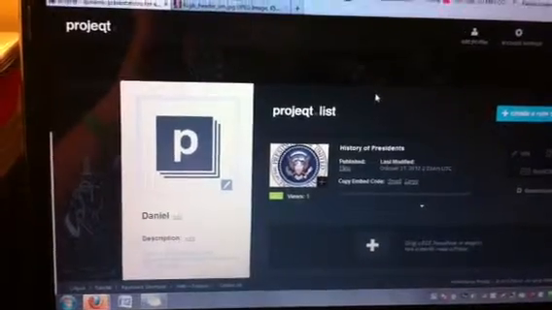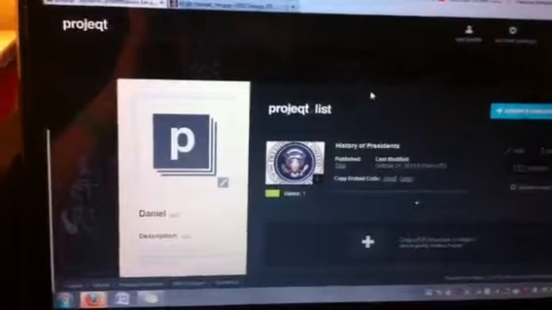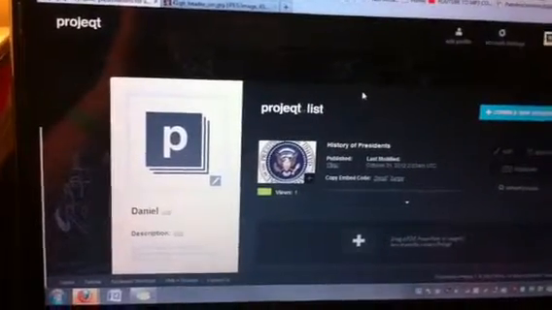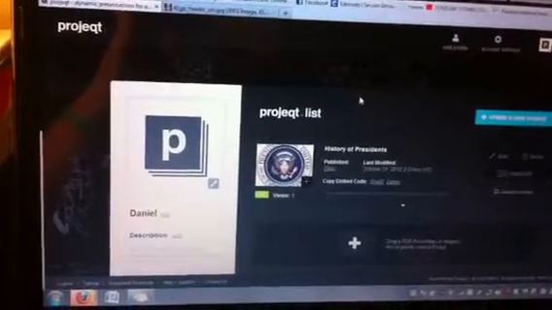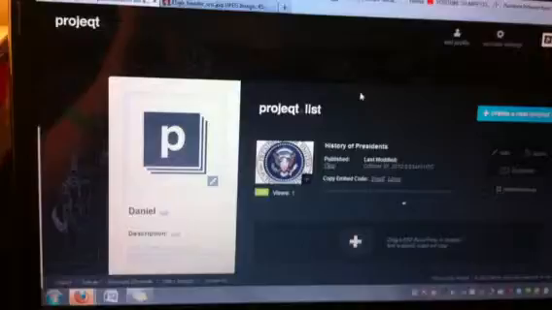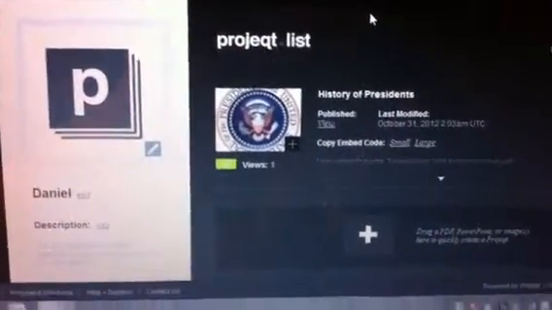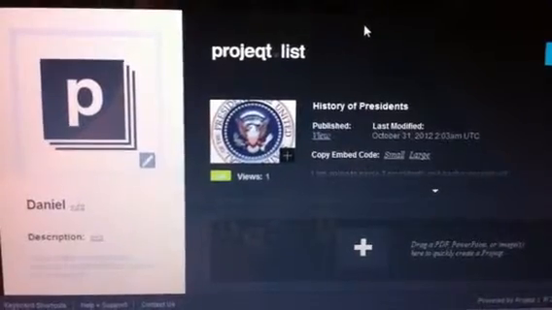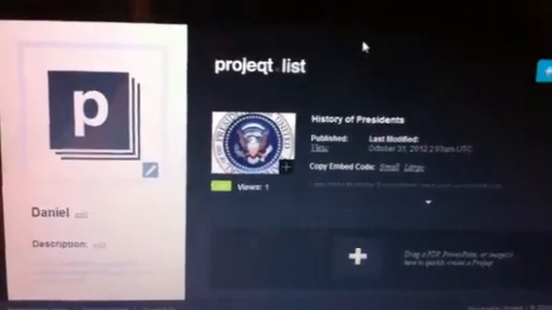And a stack is where you have sub-information on a specific topic. Could be a person, could be a specific reading, or anything you really want. And for the choice project, I just did a little history of the presidents, and this is just a little something that I put together to show you how to use it. So let's go to Edit,